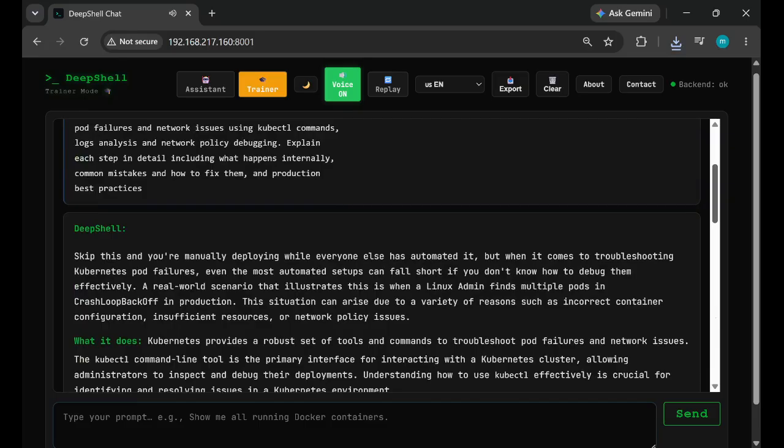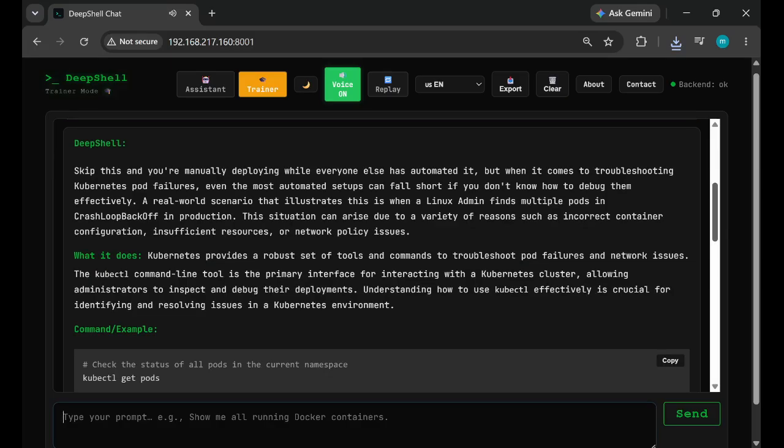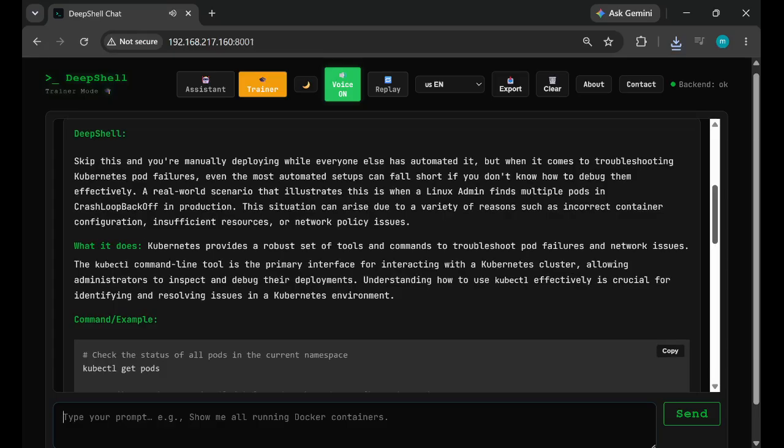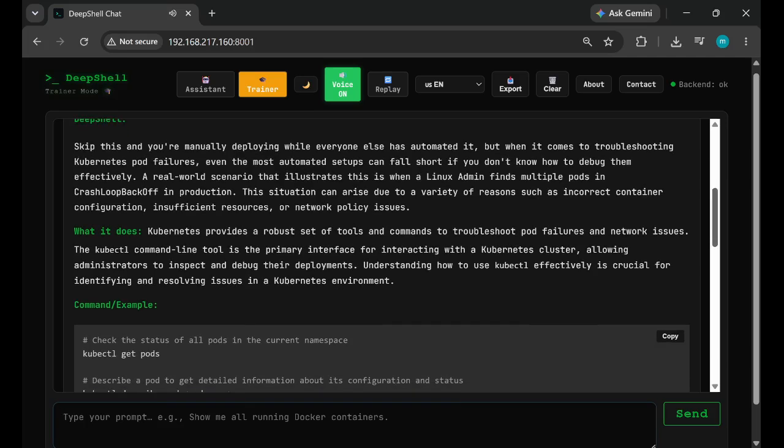But when it comes to troubleshooting Kubernetes pod failures, even the most automated setups can fall short if you don't know how to debug them effectively. A real-world scenario that illustrates this is when a Linux admin finds multiple pods in CrashLoopBackOff in production. This situation can arise due to a variety of reasons such as incorrect container configuration, insufficient resources, or network policy